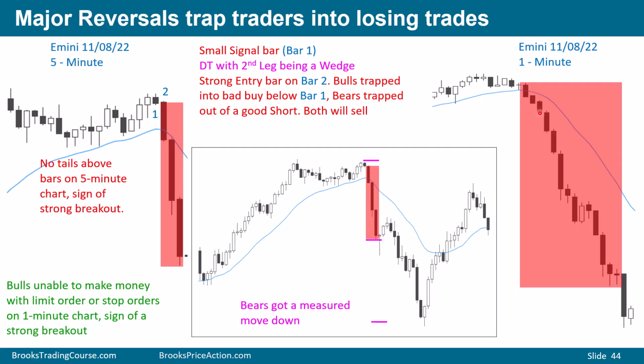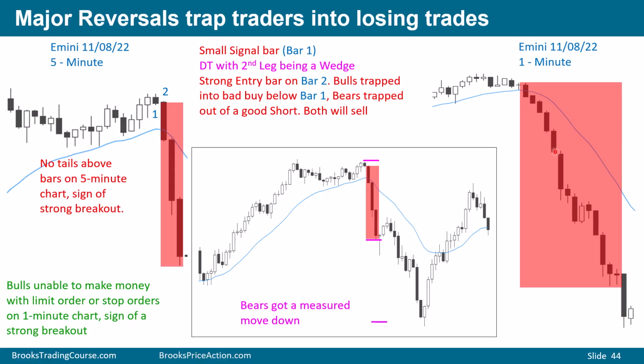And what happened if you scaled in lower? You'd scale in lower, and price would immediately go lower. So if you're a limit order bull and you buy once here, and you scale in another 2 or 3 points lower, and then you scale in another 2 or 3 points lower, any of you traders that have done that, you know how painful it can be when you're scaling in against a strong breakout. Those bulls who are trapped on the losing side are going to be desperate to sell out of their losing trade and get on the right side. Al calls that a pain trade.